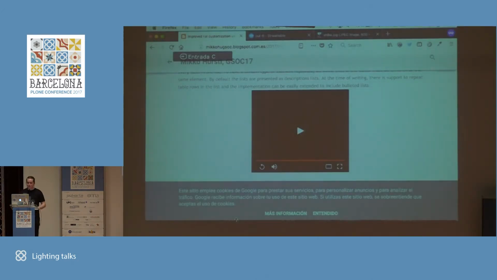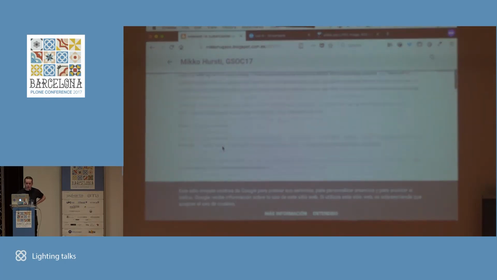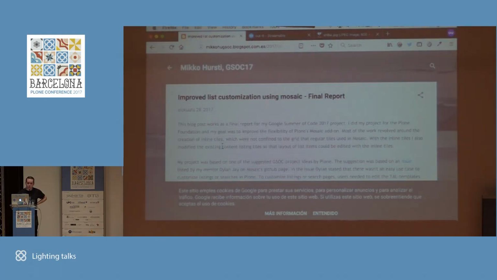Okay, so yeah, hi, I'm Mikko and I was also one of the summer code students and I'm going to give a quick rundown of my project. So my project was about improving the list customization using Mosaic. My main mentor was Dylan J, whose idea the project proposal was based on, and the issue we were